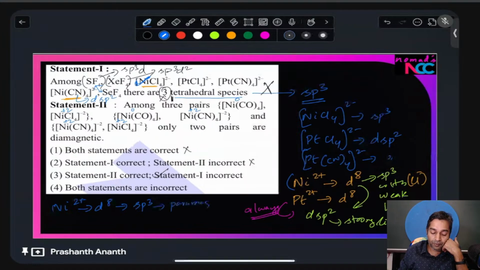If it goes off for a dsp2, then it is going to be diamagnetic. So in this particular case here, which ones are going to be diamagnetic? We'll end up having the nickel d10 here. Nickel 2 plus is going to be d8. So nickel 0,